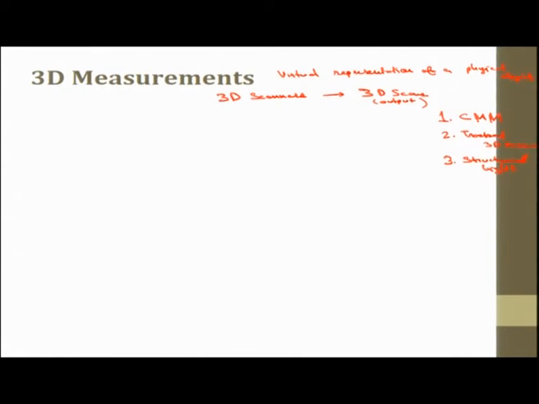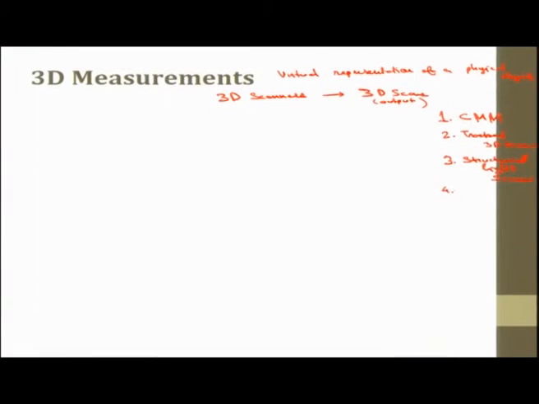Another kind of scanner is the structured light scanner. By structured light I mean that these scanners project a pattern of light onto a part or a process while it is happening, and observe how the pattern is distorted when the light hits the object. Either an LCD projector or scanned or diffracted laser beams project the light pattern. One or two or sometimes more sensors record the projected pattern. So the change in the patterns of the light tells us the various profiles or curves of the object. So this is another way. One more type of scanner is portable.